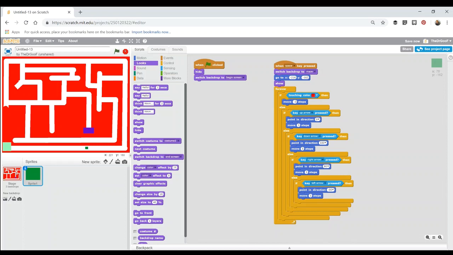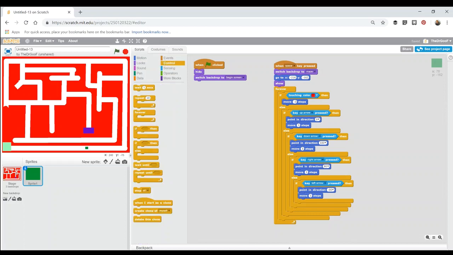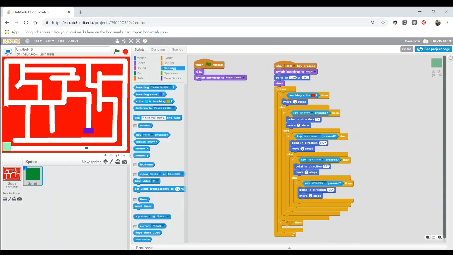The next thing we need to do is know when our program is done, and that is when we actually get to this purple color right here. In order to check for that, we just add an if statement at the very end of our forever loop. Every time we go through this loop, we move backward or in some direction. After we've done that moving, we're going to put an if statement that says if we're touching the color purple,